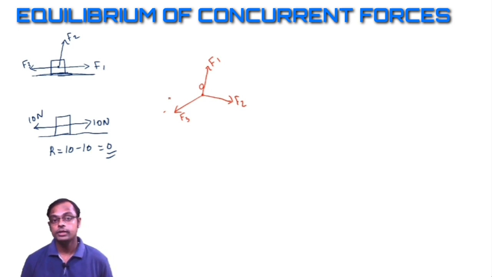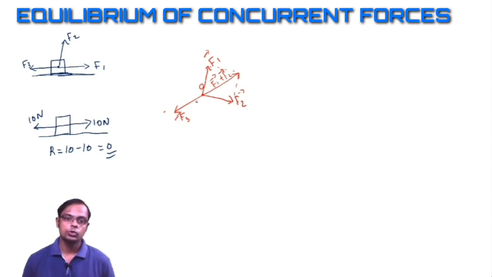Now let's prove that this body is in equilibrium. Construct a parallelogram in this case. If you construct a parallelogram, we can calculate the resultant of F1 and F2. So what is the direction of the resultant of F1 and F2? Definitely the diagonal. If you draw the diagonal, this will be equal to F1 vector plus F2 vector. In terms of vectors, this is F1 vector, this is F2 vector and this is the F3 vector. You can see here the F3 vector is acting in this direction, opposite to the resultant of F1 and F2.